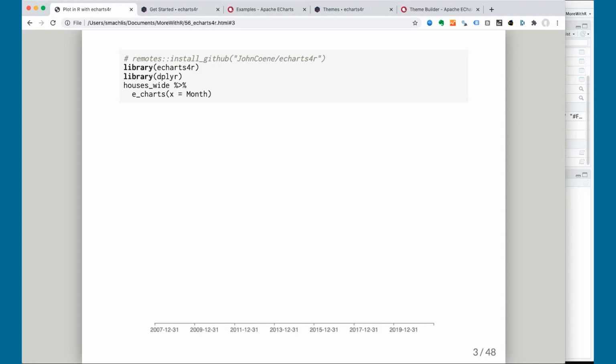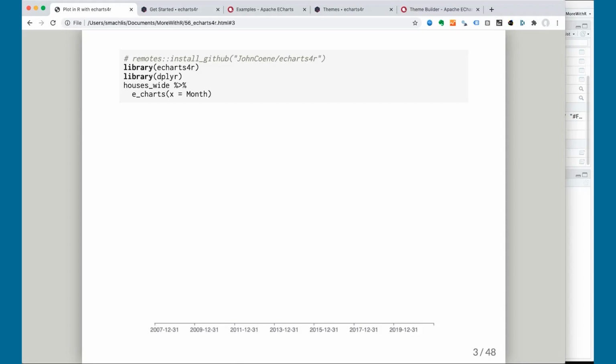It creates an object, but there's no data in the visualization yet. You can see the x-axis but no y-axis or data here. But look carefully at the x-axis. I didn't have to worry about text labels on top of each other. eCharts automatically displays only some of the x-axis values if there's not enough room for all of them.